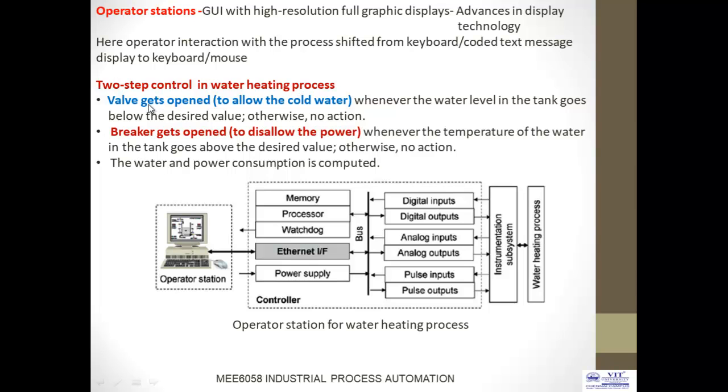Here, what happens? The valve has to be opened or closed. The valve gets opened to allow water into the tank whenever the water level in the tank goes below the desired level. So we have a limit switch. When the water level goes below the limit, the valve automatically opens and water is allowed to